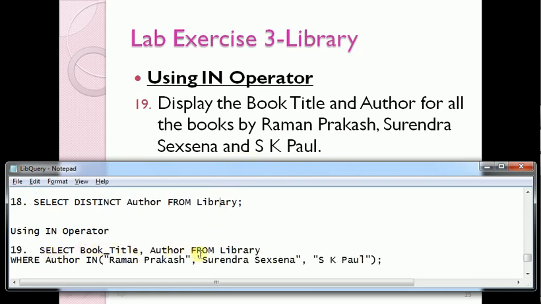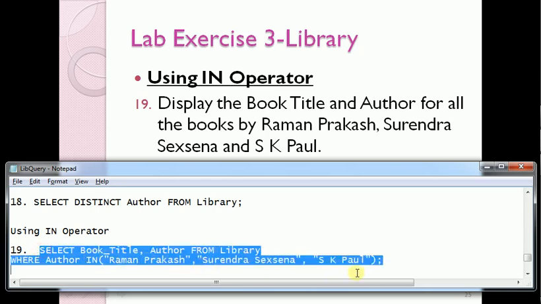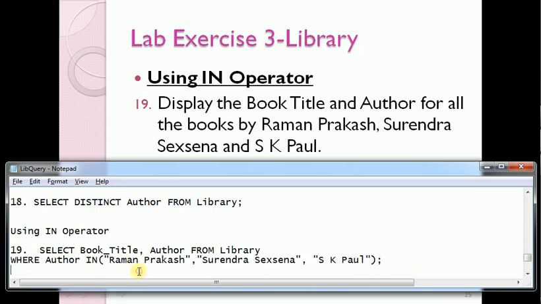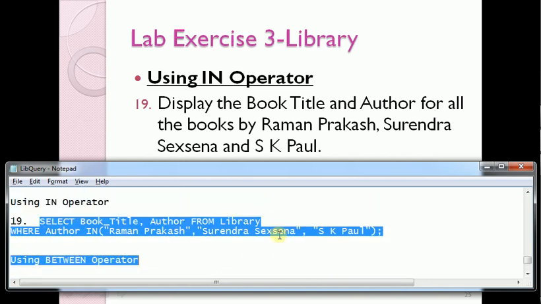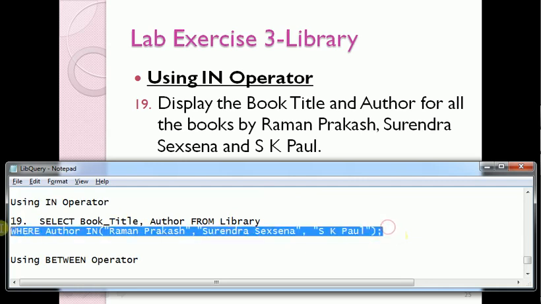Select book title and author to be displayed from library where author in Raman Prakash, Surendra Saxena, S.K. Paul. These three names are enclosed within double quotes, and that is given in the in clause.